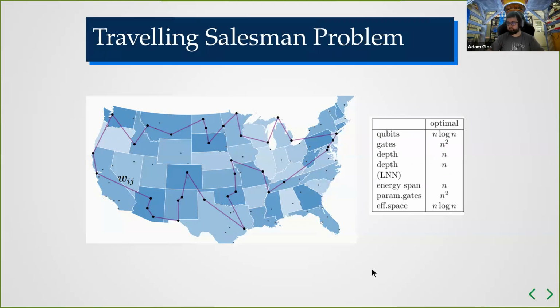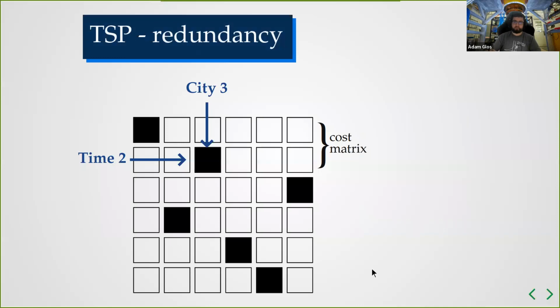So let us focus first on the state-of-the-art representation of this problem, which was proposed in Lucas' very, very famous paper. It was called, I think, Ising model representation for NP problems. I also have a reference at the end. In this encoding, we have something very similar to what it was for max k-cut with one-hot representation, meaning that we have n squared number of qubits.